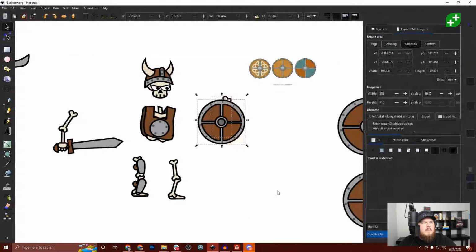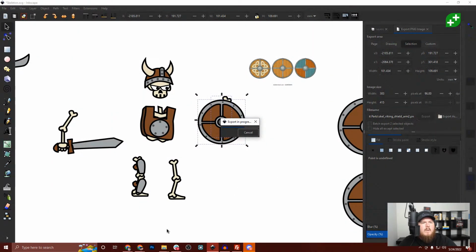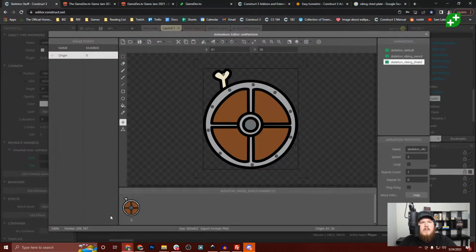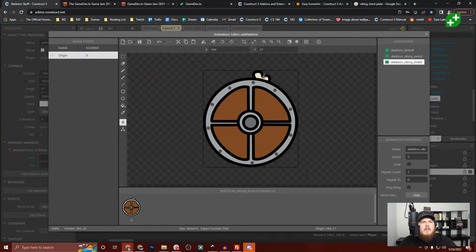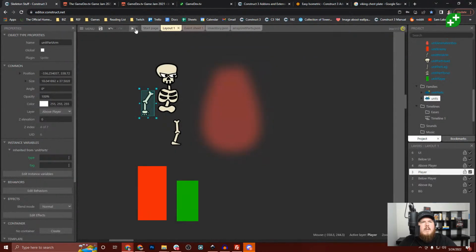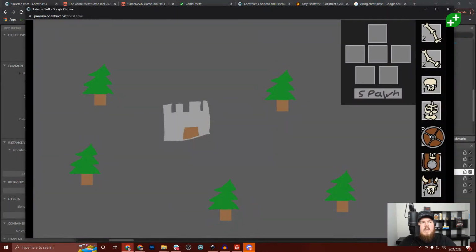And Inkscape didn't export. That's a bug that drives me crazy. Oh, Inkscape. So if we did that, yeah, there we go. These are a little bit big though. But anyway, we can drop the shield in, the Viking head, but with the regular torso, regular left leg, an arm,